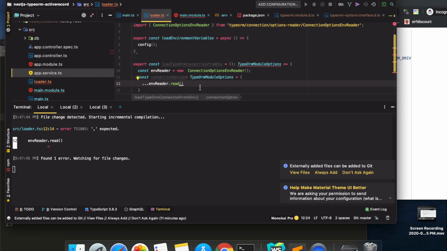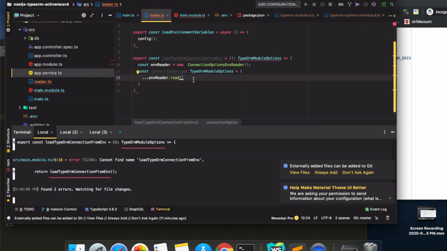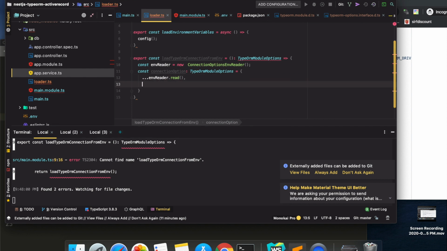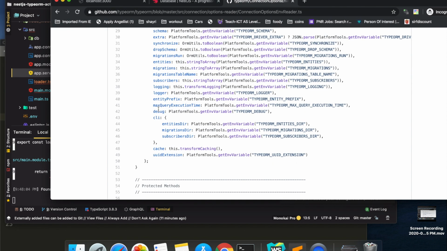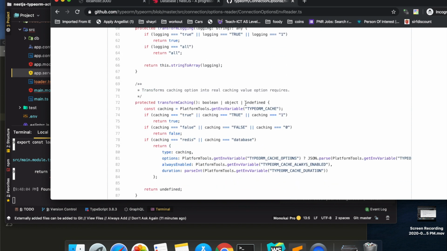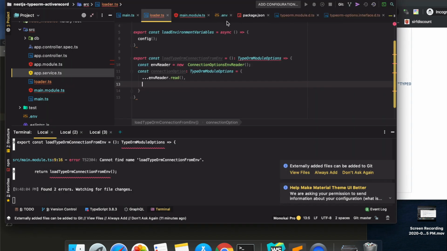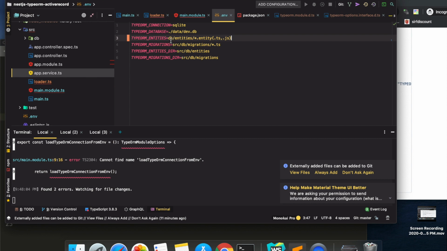Now basically what we need to configure here is how to load our entities, right? So if you look into this code base, it loads TYPEORM_ENTITIES and converts it to an array, and the way it does it is it splits based on the comma, right? But the way we have configured our entity is different.